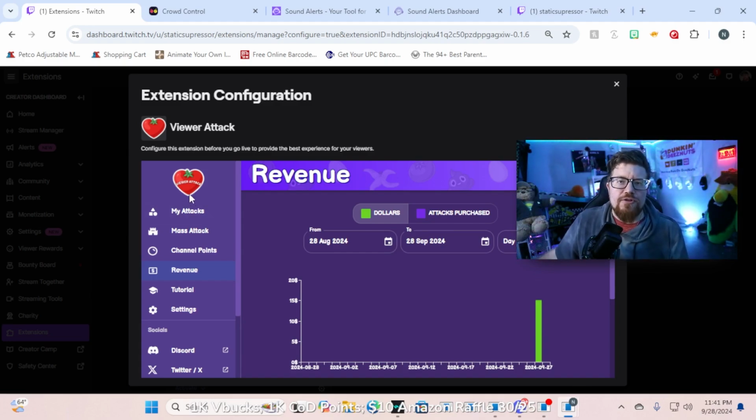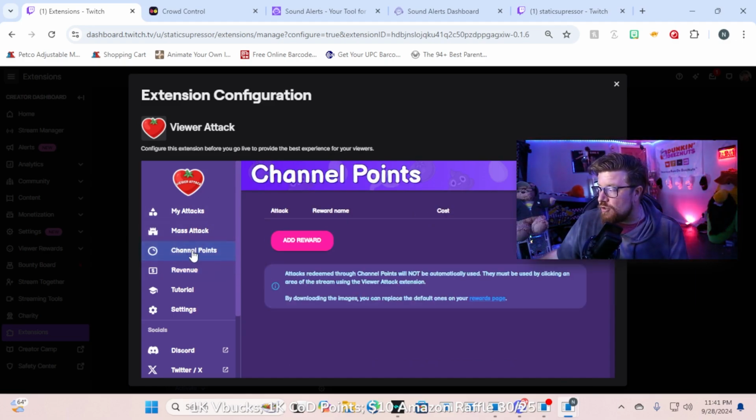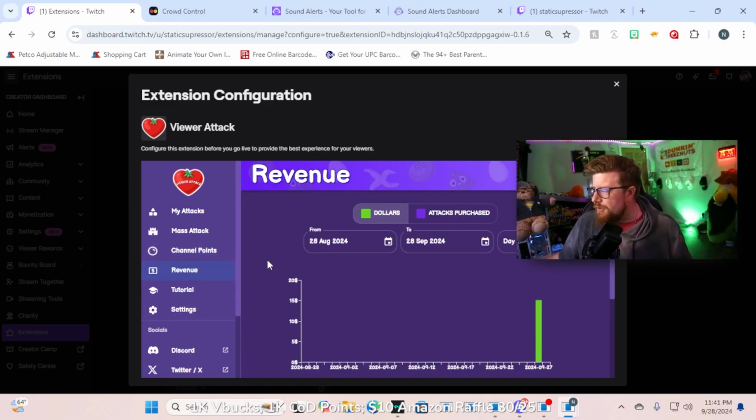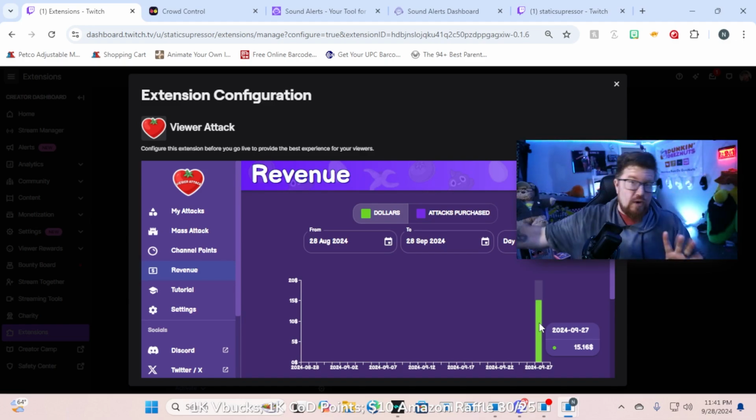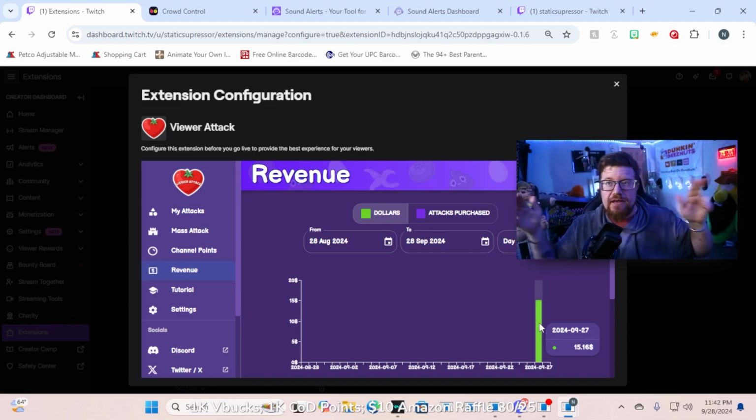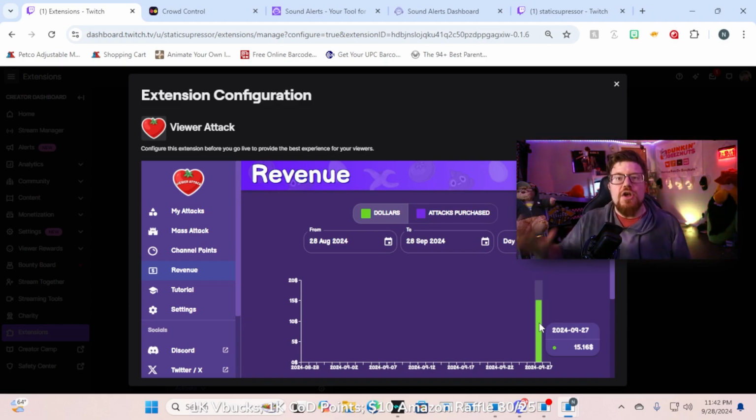But again, you can also make this a free extension, and you can have it integrated with your channel points, as kind of shown here too, as a reward through your Twitch chat. Personal preference, all up to you. So again, $15.16, but that goes into Twitch revenue. That is not a separate standalone like the CrowdControl or Blerp. This goes right into Twitch. So there's no extra thinking of, oh, here's another revenue stream. So that $15.16 goes into the total earnings from that stream that you'll find on your analytics tab on the